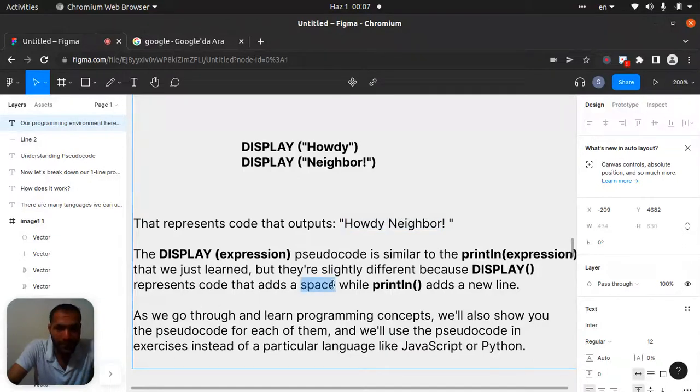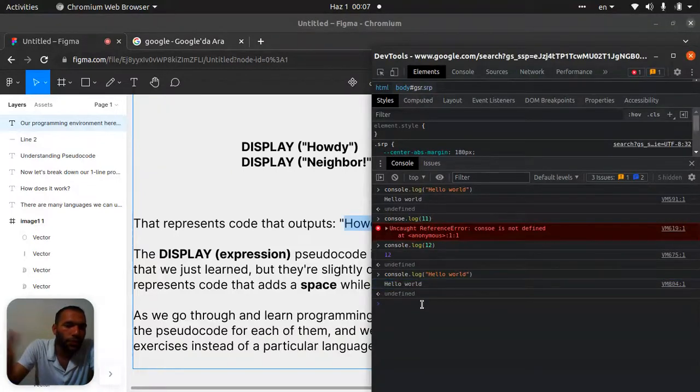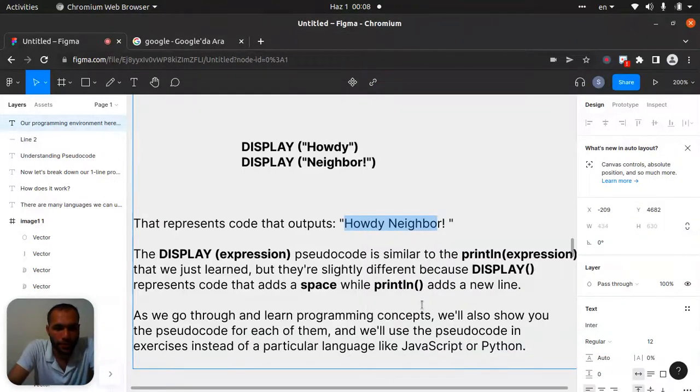I told you this is another important point. Now I will also make it bold. println adds a new line. So what is different between them? This is just adding like this two lines, just one line like that. But in programming languages, it's two lines. Let's do it in Python.